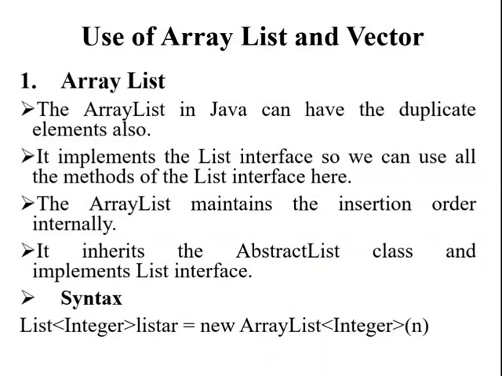The Java array list allows us to access the list at random. Primitive types such as int, char, and so on cannot be utilized with the array list. Let us consider the syntax that is used to represent the array list, that is List<Integer> ar = new ArrayList<Integer>(n). This is the syntax that is used to represent how we can use the array list.